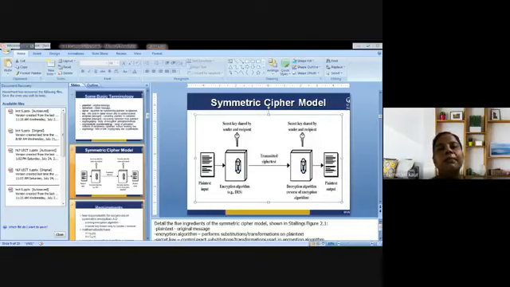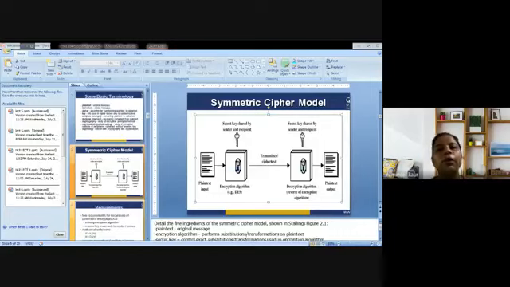Now what is basically a message authentication code? It is known as a tag, a short piece of information that is used to authenticate a message, or in other words, to confirm that the message came from the stated sender and has not been changed. So the MAC value protects the message data integrity, and it is added to the ciphertext to ensure that changes to the ciphertext will be noted by the receiver.